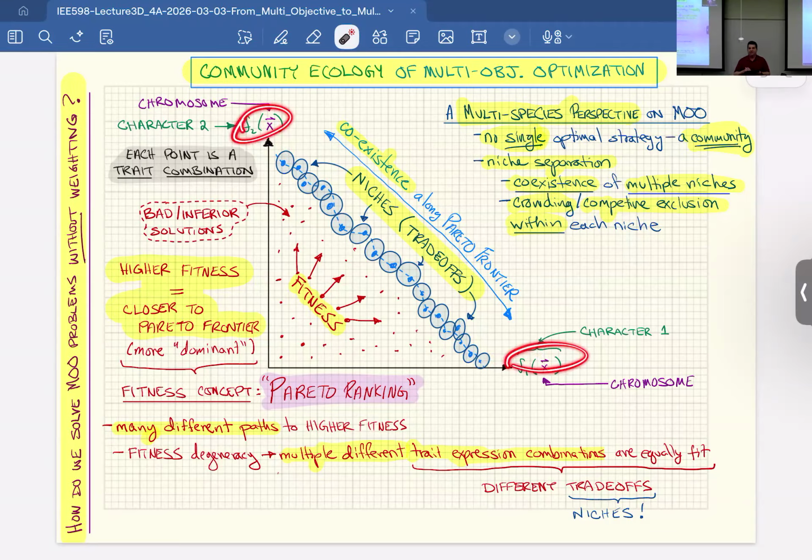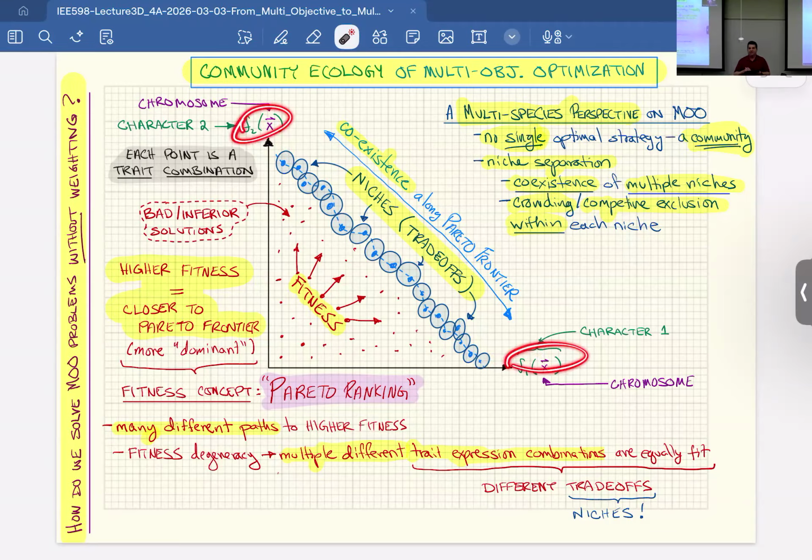So I'm willing to take a certain hit in this objective in order to get a certain gain in this objective. And so when they look at all of the possibilities, then they might say, actually, this is the ideal design for that. So this gives them kind of a buffet of possible designs to choose from, where any one of these you could say is not a feasible solution.